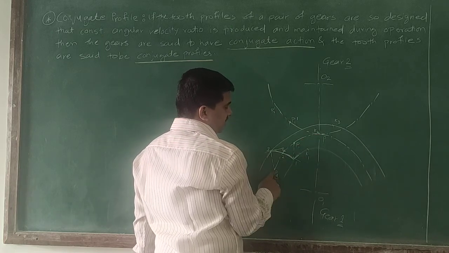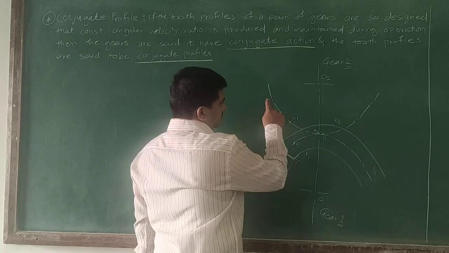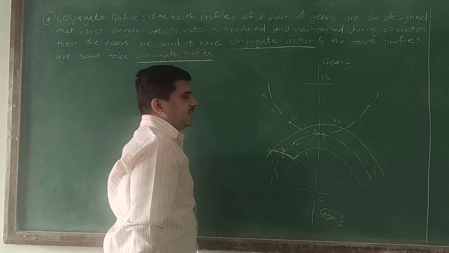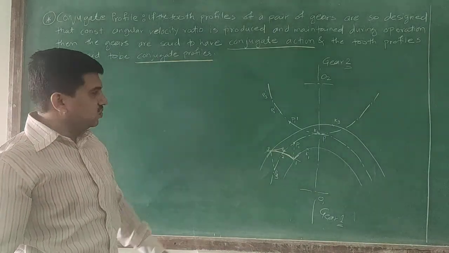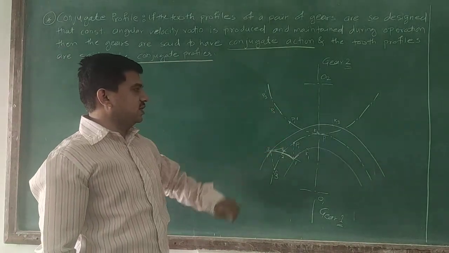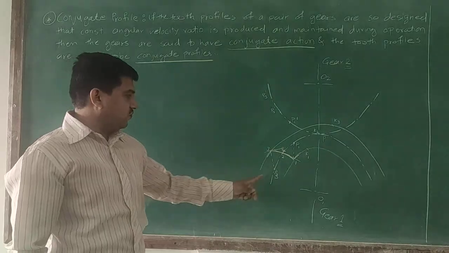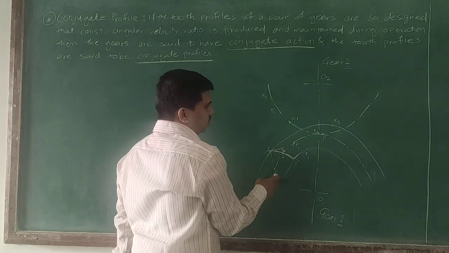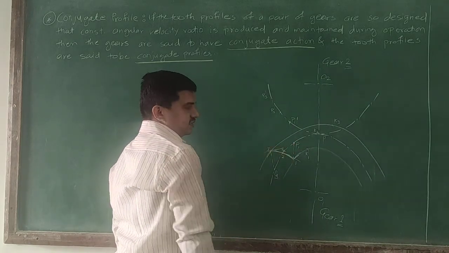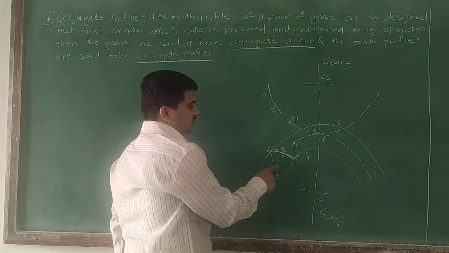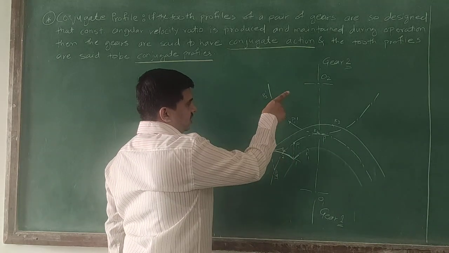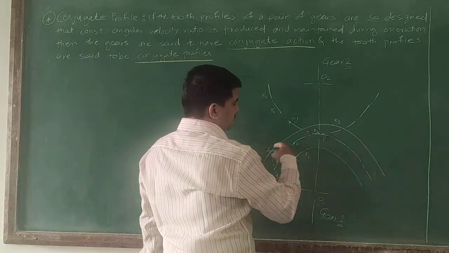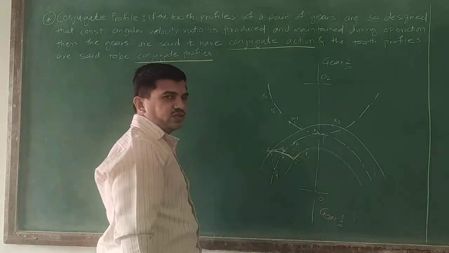Then same from P3, P to P3. So it will be cutting over here, and that point will be nothing but the P3 dash. Are you getting me? So we have got these 3 points. Okay. So we have got this. What we can say another points which are similar to this P1, P2, P3, P1 dash, P2 dash, P3 dash. Now we need to mark 1 dash, 2 dash, 3 dash over here, somewhere over here. So for that thing we need these arcs. Okay, because we have cut those points on the arcs.